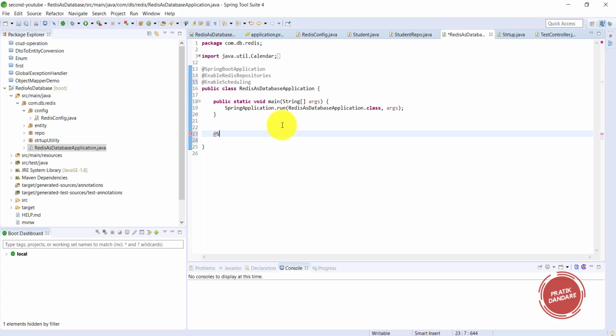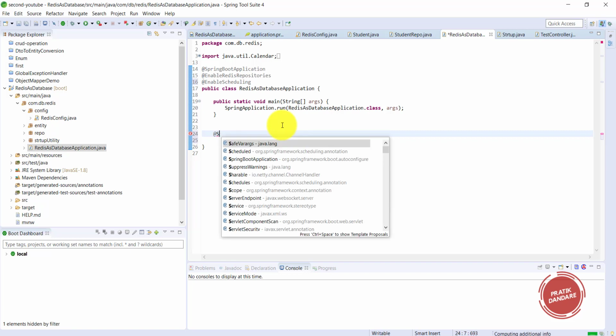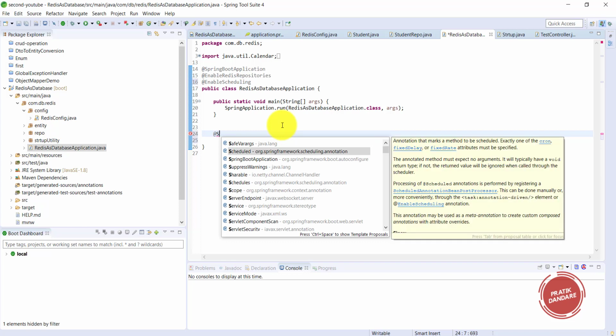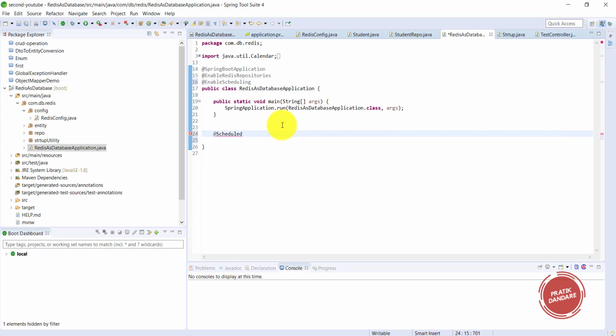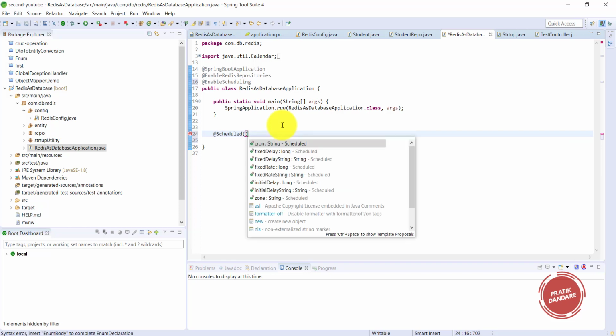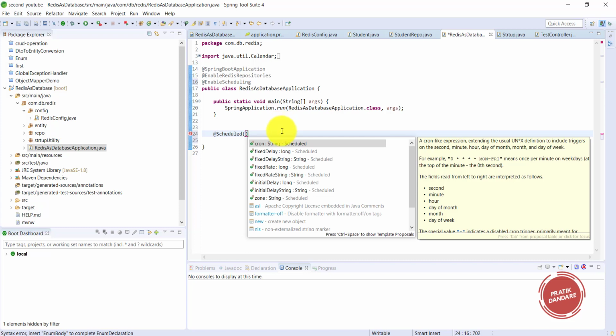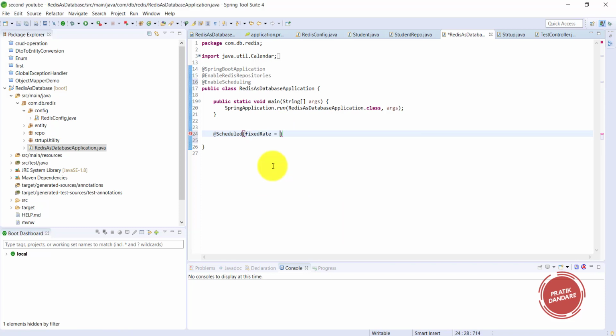I want to use the Spring annotation called Scheduled, and there is one attribute called fixedRate, which takes a value in the form of long. I am putting 1000 here for now.